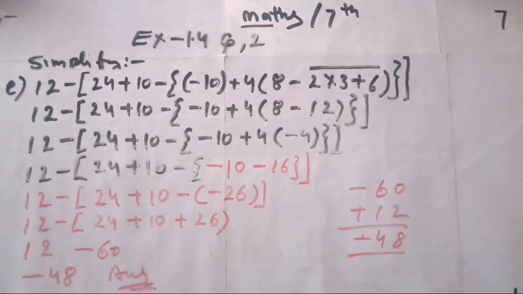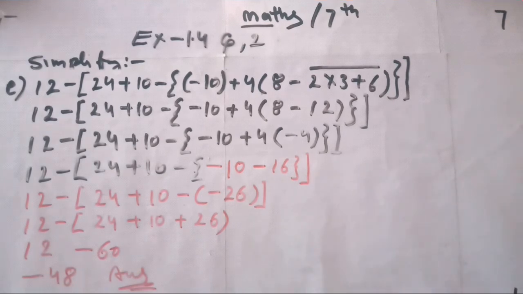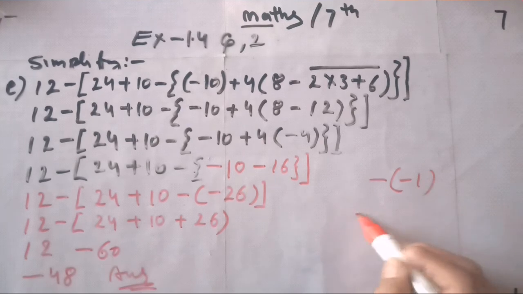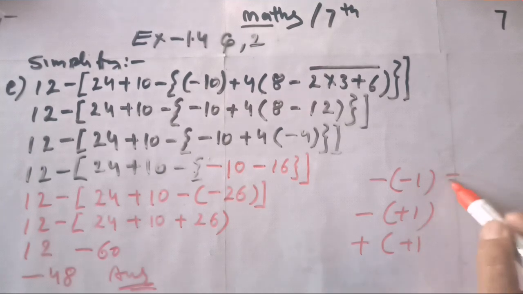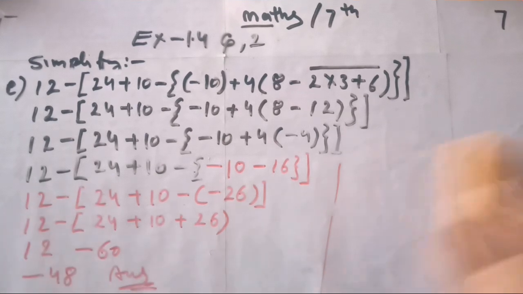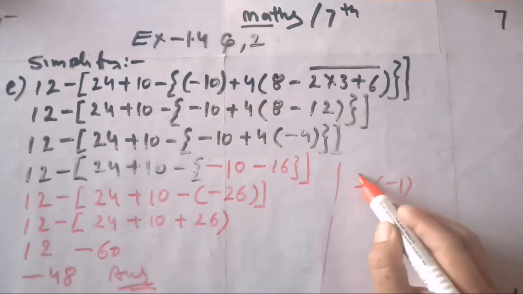So beta, I will tell you once more, do not take shortcut. If you take shortcut, then your question will be wrong, right? It will be wrong if you take the shortcut. So try to solve the question by watching again and again the formula: minus into minus is 1, minus into plus is 1, minus plus into plus is 1. I will tell you, when you know the formula of this type, you will solve the sum. What is the answer if we multiply minus, minus and again minus, right?